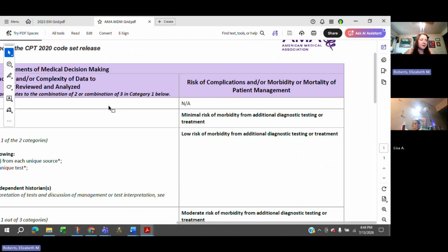There's also another consideration when we're talking about risk: how risky is the additional diagnostic testing or treatment, right? So not only how risky is the condition to the patient, but how risky is it for us to potentially treat or continue to test this patient, right?